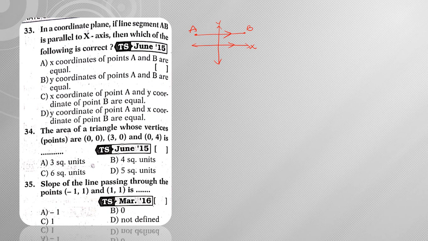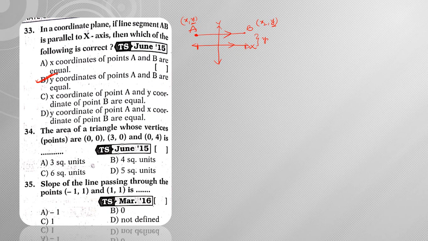Now from this what can I say? First of all, what is this point? This point will have x as negative and y as positive, right? That means you will have x1 and some y. And this point B we can write as x2 comma some y, because the y coordinates will be equal since it is parallel and its height will be equal. If I consider this height as y, then both points will have y coordinate y. So the y coordinates of the points A and B are equal, because here the x coordinate is negative and here the x coordinate is positive.